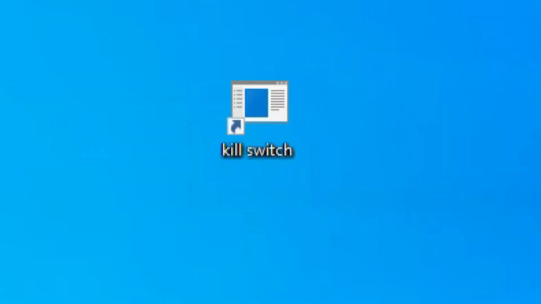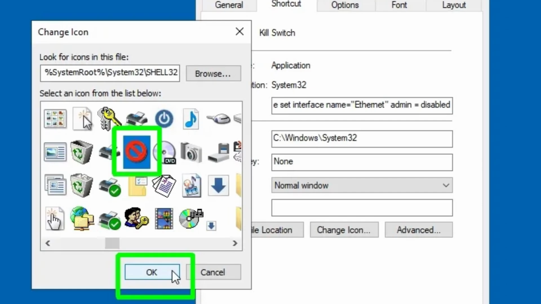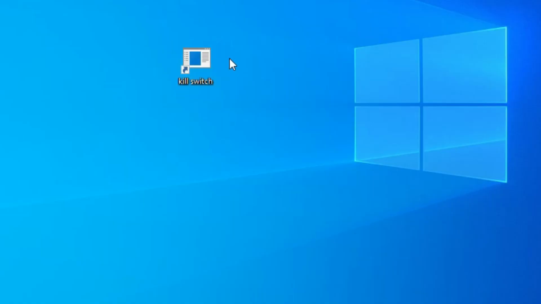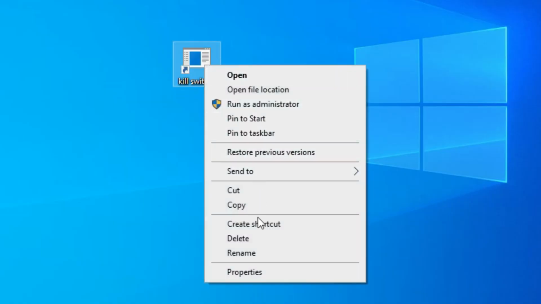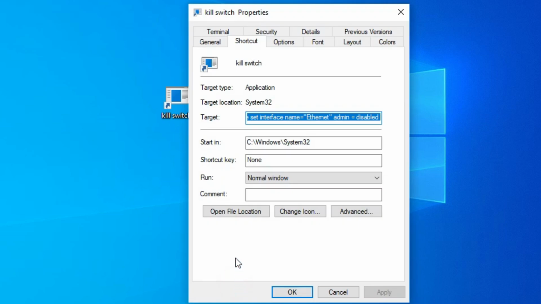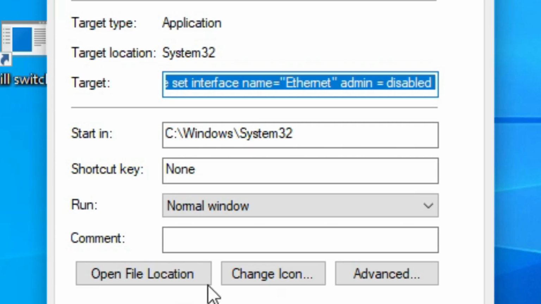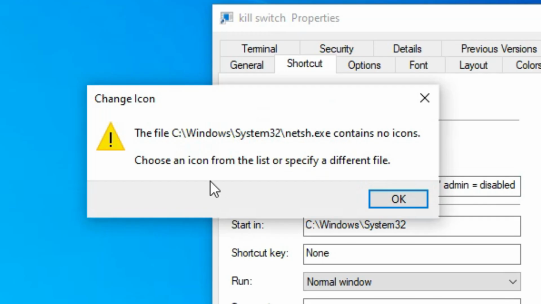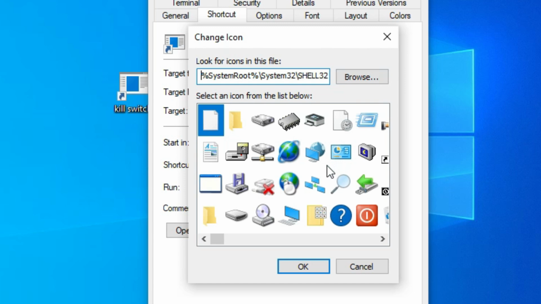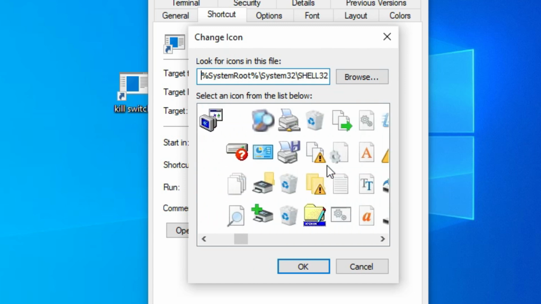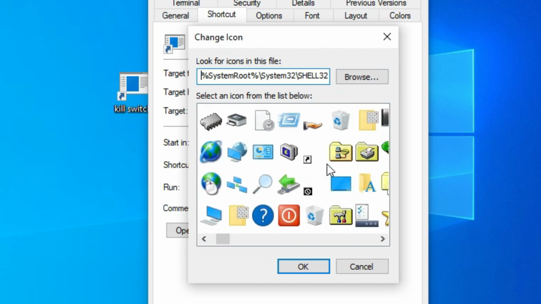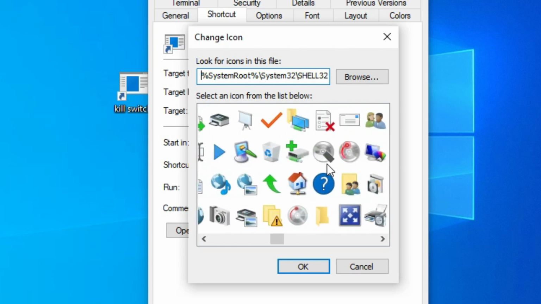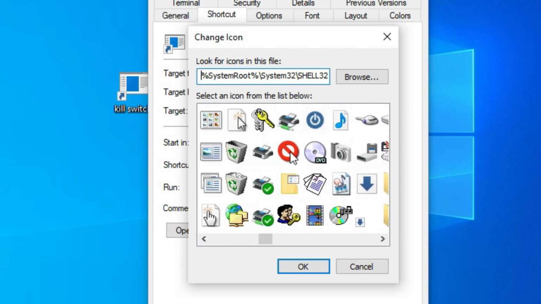Once you've created your kill switch shortcut, you can customize it to look and work the way you want. Right-click your new shortcut and choose Properties from the context menu. When the Properties box opens, click Change Icon. You'll now see a message saying that the file contains no icons. Click OK to dismiss this, and a Change Icon box will open. Select a suitable icon to use for your kill switch shortcut, such as an off button or no entry sign,